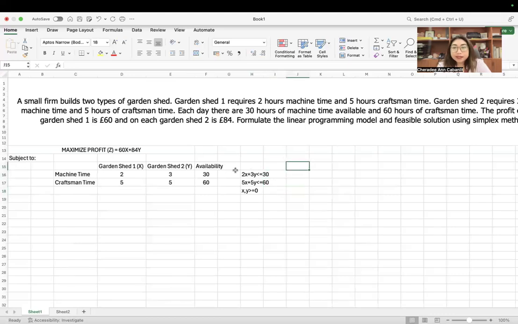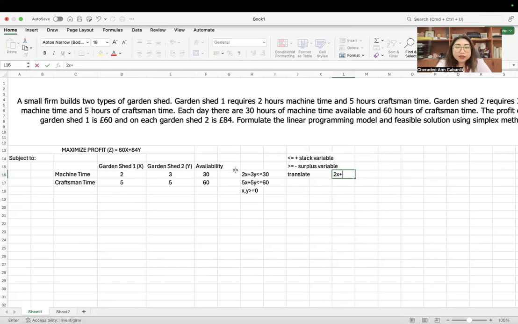Now, the rule of simplex is to translate everything into equality. And remember the rule, if the sign is less than or equal to, we add a slack variable. And if it's greater than or equal to, we subtract a surplus variable. So same rules apply. So this becomes 2x plus 3y.